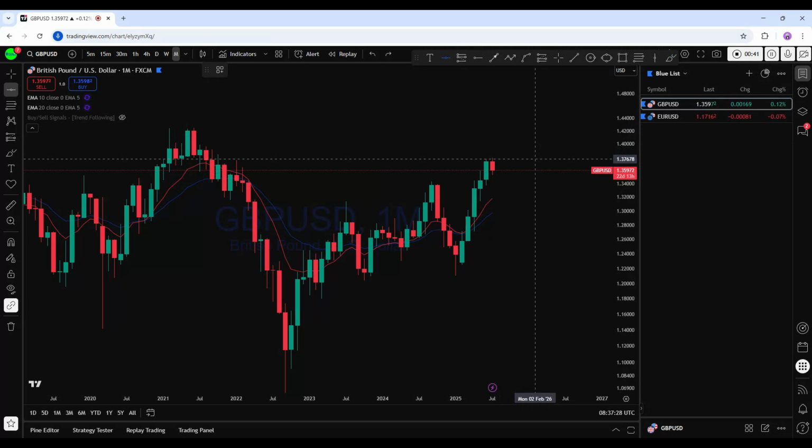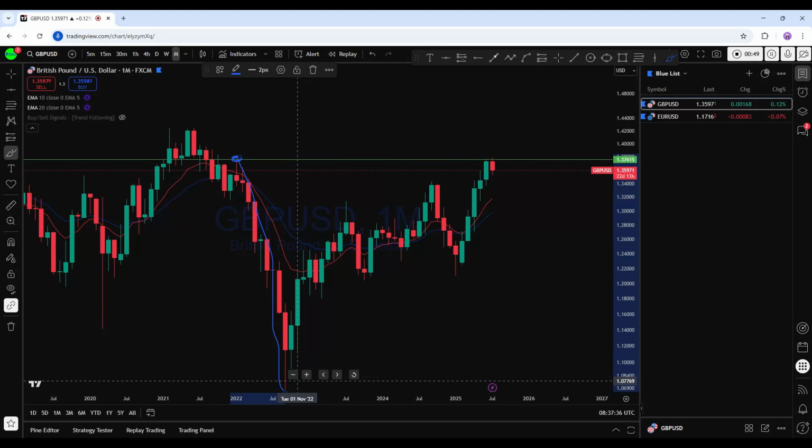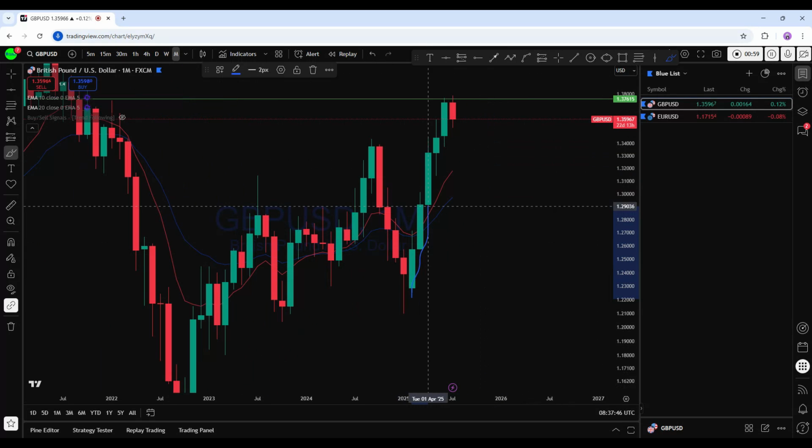Now after reaching this monthly level, as you can see, this is a very significant monthly resistance line where there was a huge drop from this level to this zone, and we can see that from that level the price has gone back up again to another key level to that zone, and after this stronger monthly impulse back to